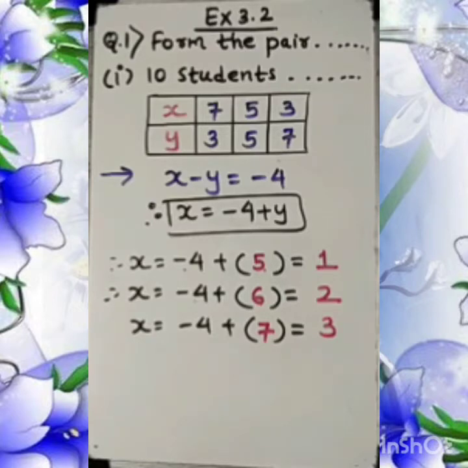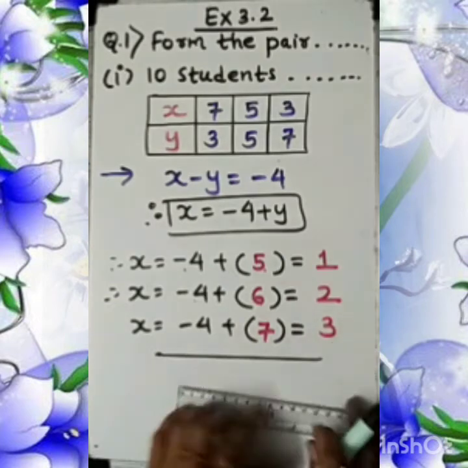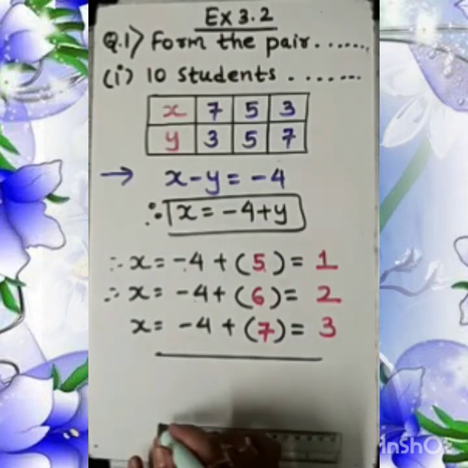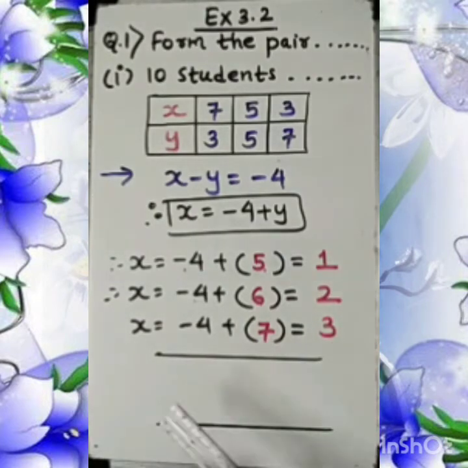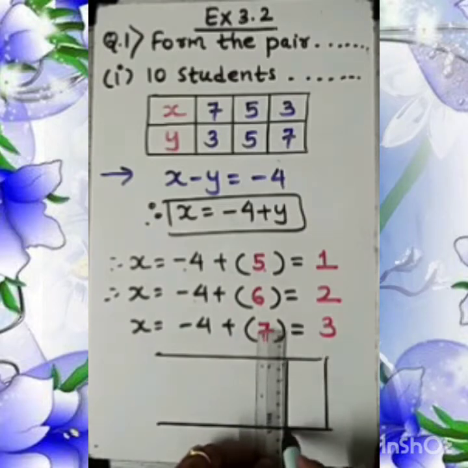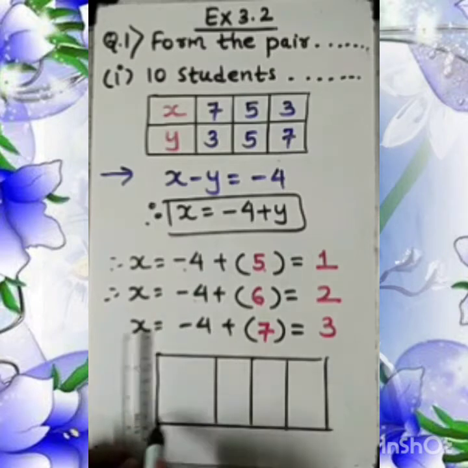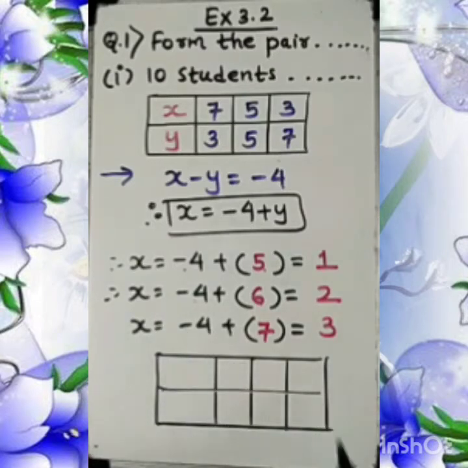Now it's compulsory to draw the table, so it will be easy for us to locate the points, because through the table only we will be able to say in which quadrant the particular points will lie. According to that, we can proceed towards the graph and decide which quadrant we need to show on the graph paper.